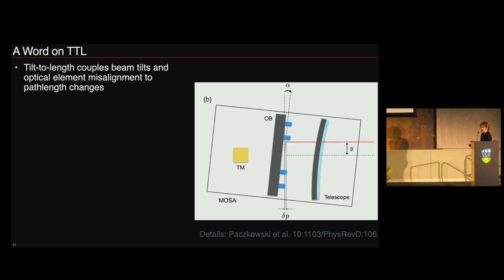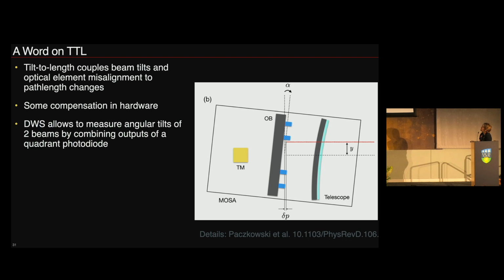There are a number of mechanisms for that. One of them is misalignments. I think wavefront imperfections are another one. And there are probably more that I don't know about. You can compensate for that to some extent in hardware, by compensating for these misalignments using imaging optics, for example. But we also have, luckily, a measurement to compensate for that and to characterize it, which is called DWS,